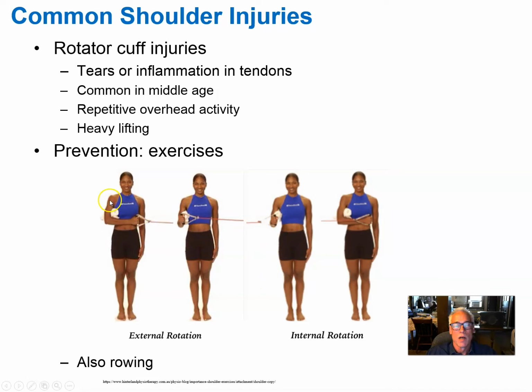So let's take a look at this woman's arm. Her humerus is in a medially rotated position, as you can tell from her forearm being right across her torso, and she's got a weighted cable and a handle in her hand, and she's going to move only her humerus. She's going to externally or laterally rotate her humerus using the infraspinatus and supraspinatus muscles, strengthening them, and do sets of repetitions. And then here we see her doing the opposite thing. She's going to medially rotate the humerus using only the subscapularis muscle against the weight that's on the end of this cable. So anyway, not to belabor